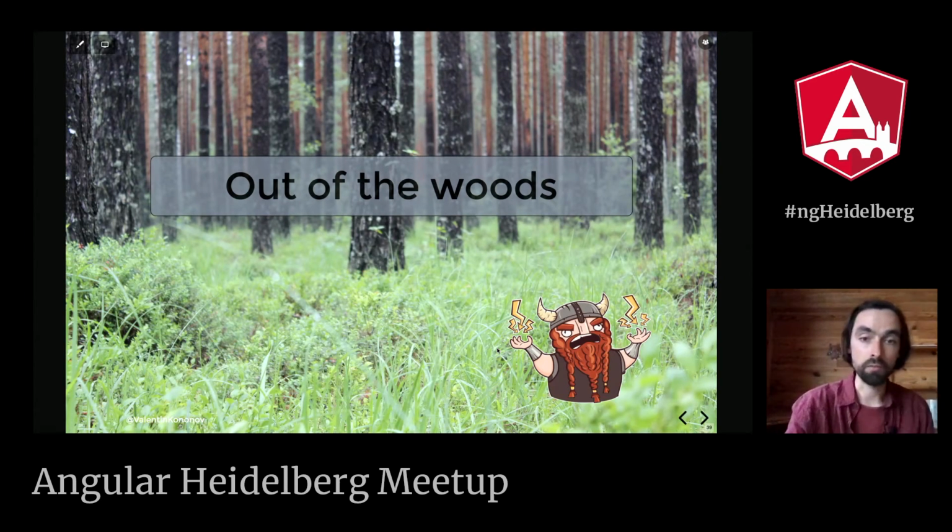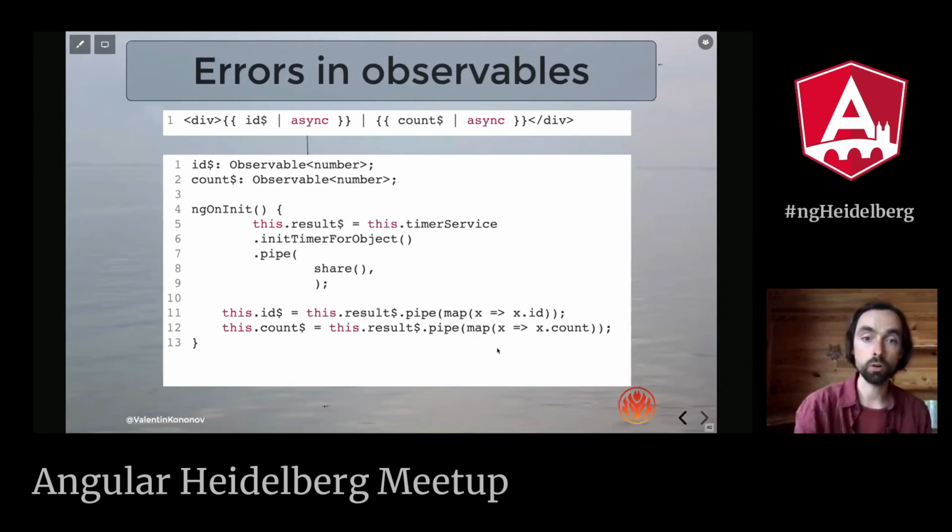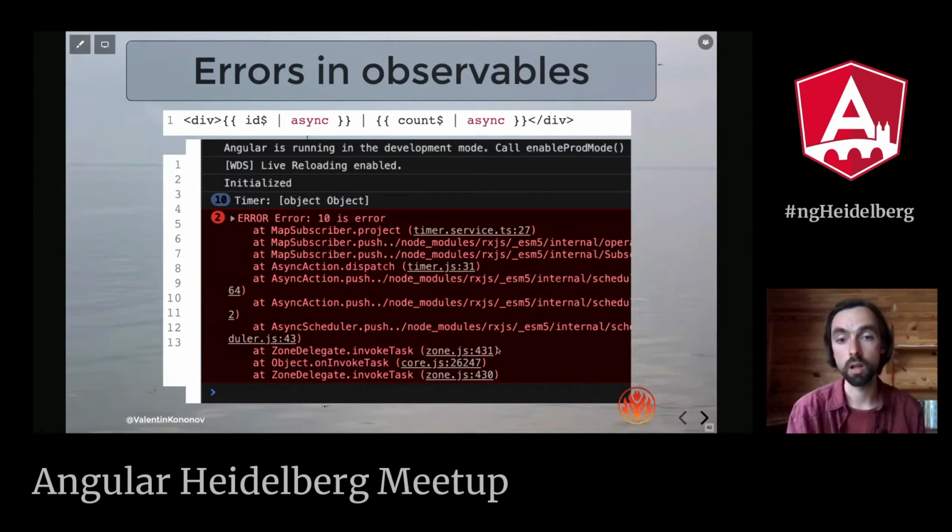So finally getting out of the woods for this observable stuff, the last thing, I promise. The last thing is what happens here. This code, if you believe me, is kind of perfect in terms of how you subscribe to instances and data and how you can use it in several places in a template. It's completely fine. But what happens if it fails with an error from the observable? Of course, you will see the error in the console, and it looks really bad,